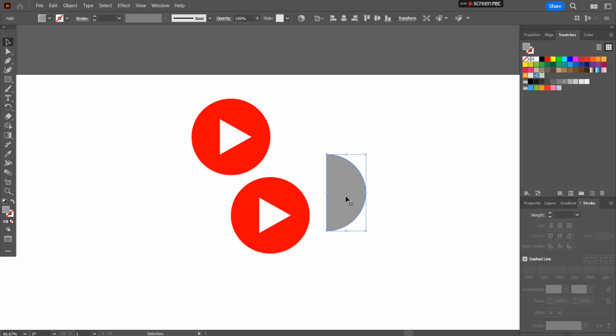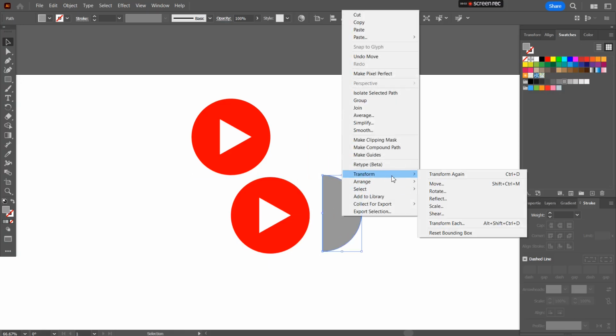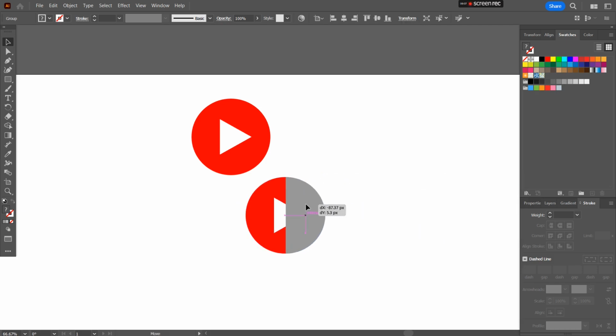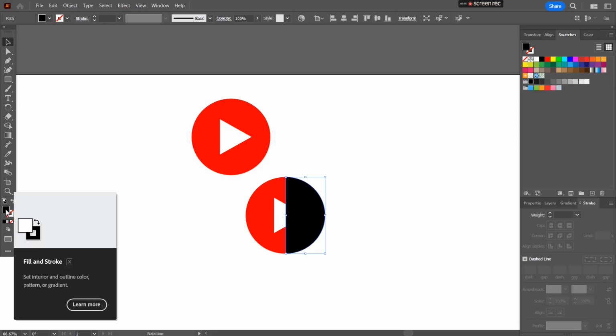I was trying to select this and bring it up. Anyways, I'll right click, arrange, and bring it to front. I'll keep it here perfectly aligned. I'll give it a black color, and all I'm going to do is left click here,